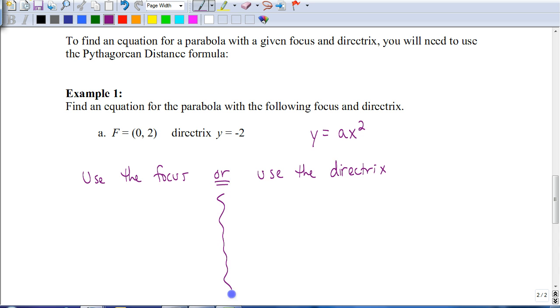Both of these methods would give you the same answer. So I'm going to show you both ways, and then you can decide for yourself which way you prefer. Personally, I prefer using the focus. You'll see why here in a minute. Now remember, the focus is the point